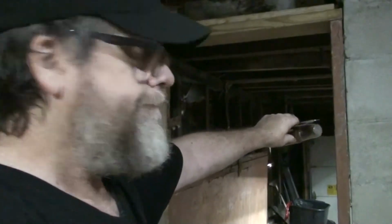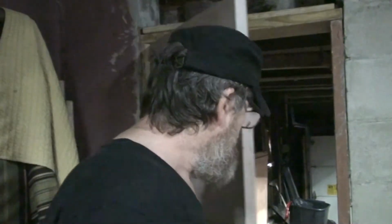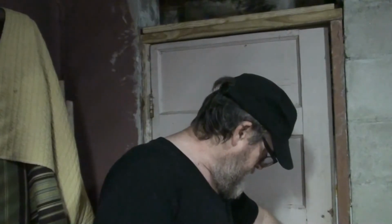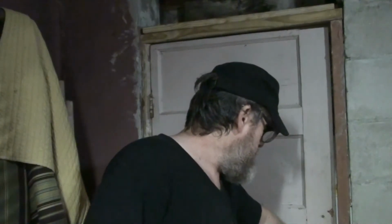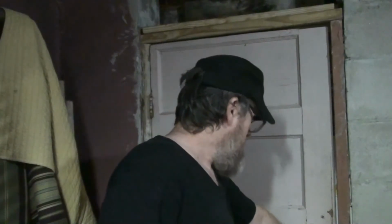Alright, so since this is not really a door jamb, it's just a 2x8 that they put in here, I don't have the door back to stop it, or the door stop. I'm going to have to put one in myself. I just cut some 1 3/4 inch by 1 inch wood, and I'm just going to put this where I think it should go, and I'm going to use